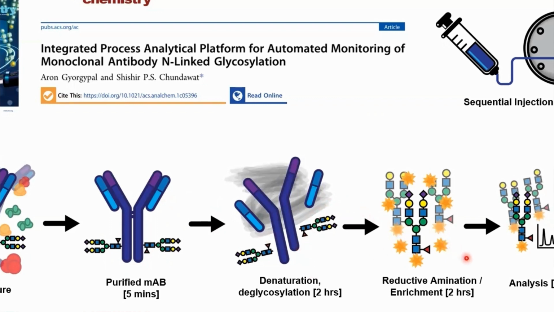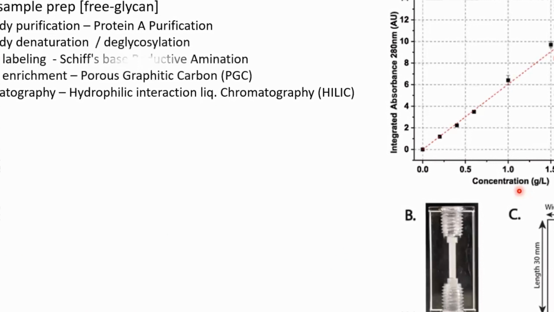We'll then use reductive amination to add a fluorophore to it. Since the glycans are oligosaccharides, you cannot see them with fluorescence very well, so you have to add a tag to increase its sensitivity. We'll enrich it to remove the excess label, and then we'll analyze it again, this time with HPLC. So we'll talk a little bit about the method optimization here. We identified a glycan sample prep methodology, and the next step is to actually automate the system versus